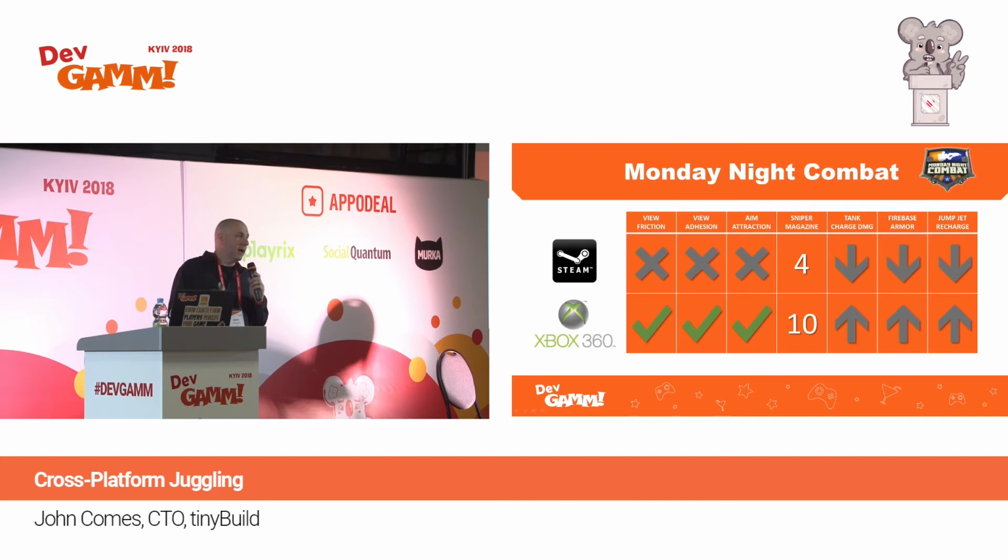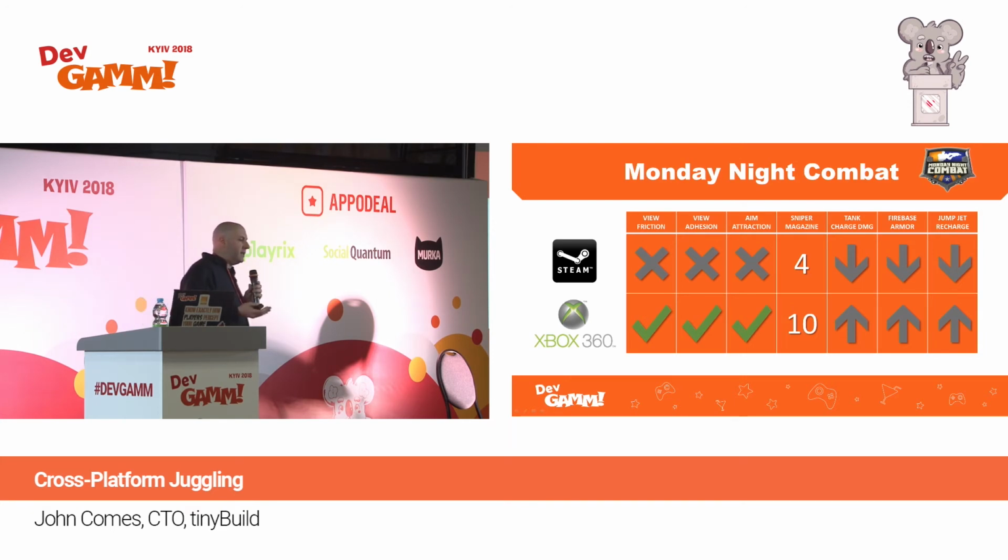So I did a game called Monday Night Combat, and this is what I'm going to use as an example. We put it on Steam, and we put it on Xbox 360. Different changes. It's a different game on the PC. On Steam, because it was a shooter, we didn't do any kind of aim helping whatsoever. But when you're using a console, it gets really hard to actually line up a shot. We spent a lot of time looking at Call of Duty and other big AAA shooter games, trying to figure out what it is that they do.